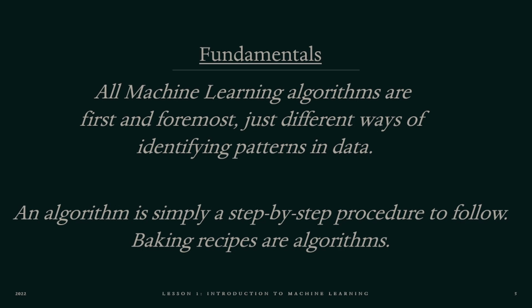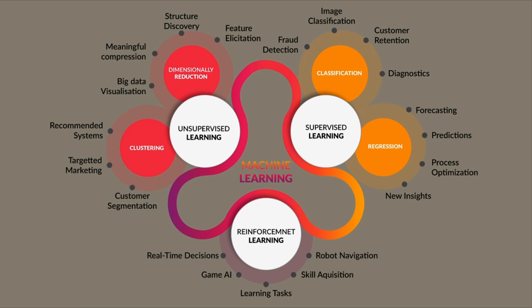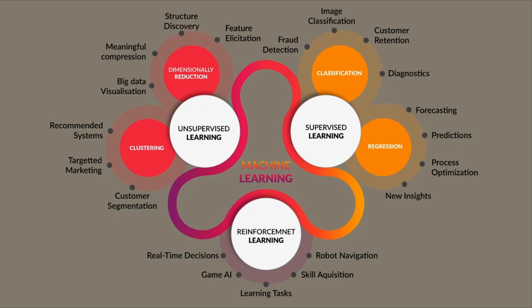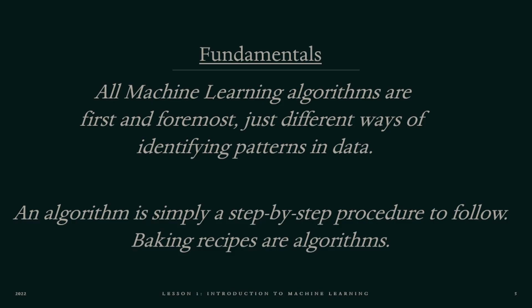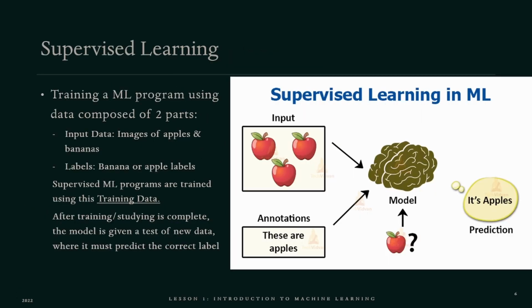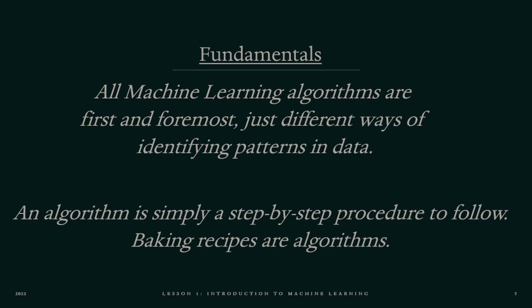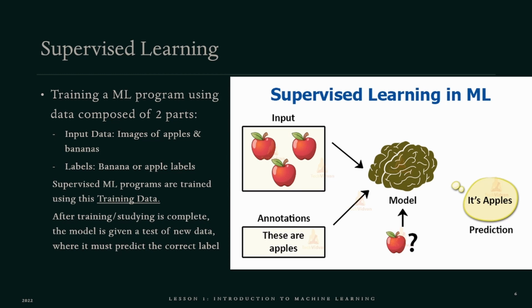And that is what these different algorithms are, unsupervised and supervised learning. They're like two different ways to bake a cake. And yeah, they'll come out a little bit differently, but more or less they do the same thing, which is identifying a pattern. Once you understand those fundamentals, this becomes a whole lot easier. So we will break down these two things at the top here, unsupervised and supervised. We'll start with supervised learning.